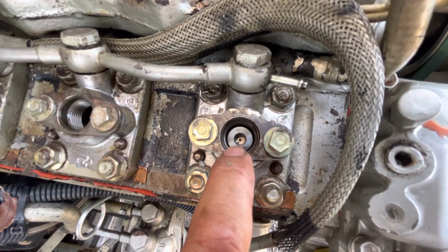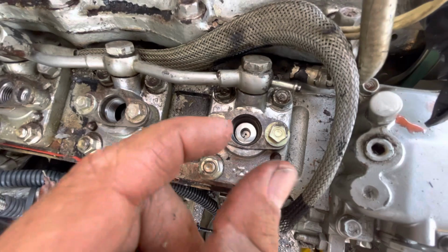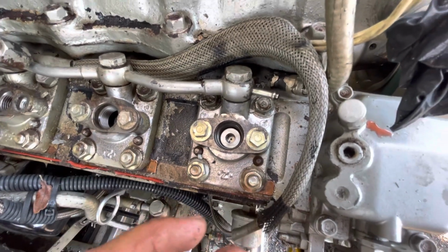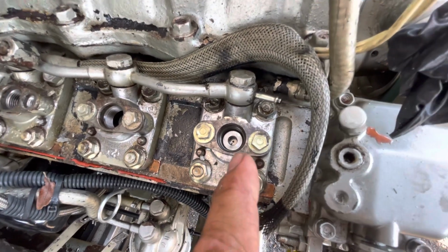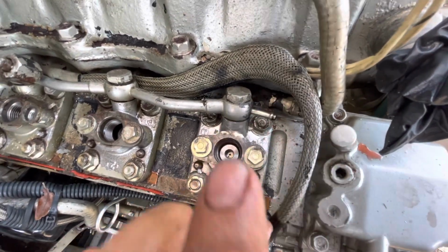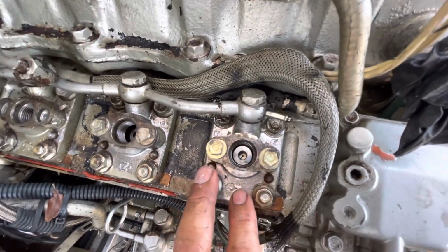So that actually has a timing position with a small gear, a small tooth, a sprocket in there. If you don't put it in time properly, it's not going to work. You're going to have a problem with this cylinder if you don't properly put it in timing. So I took the time to study just this injection pump itself, and I pretty much figured it out